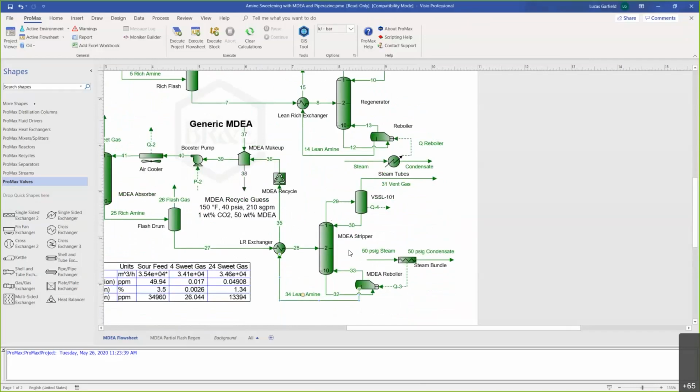And one of the things that we tend to look at is what's the CO2 content of the vapor in the reboiler. Basically, the piperazine is harder to regenerate, and it's going to tend to pull the CO2 down the regenerator. If I were to open this stream 33, this overhead from the generic MDEA, the pure MDEA case,